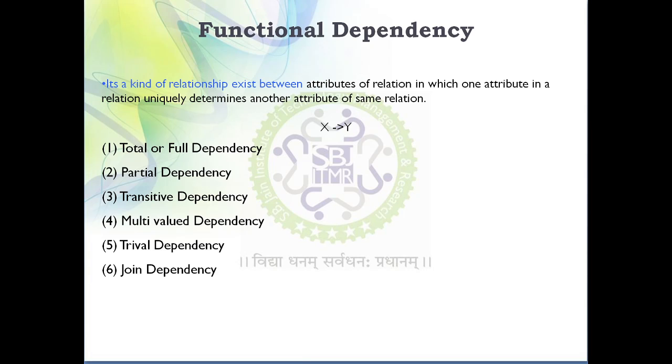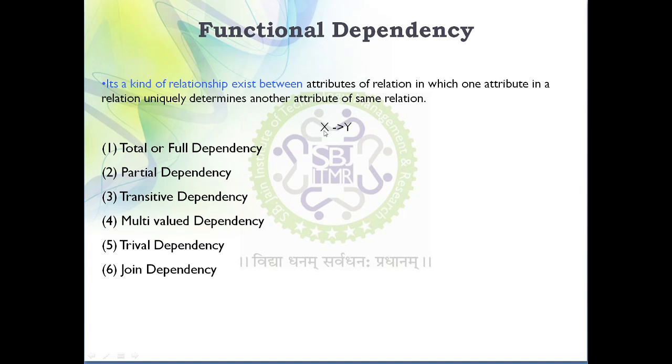For example, I have created one table, student. In that case roll number is there, name is there, branch and address is there. Suppose I know the roll number of the student, I can easily find the value of name. So I can say that roll number determines the value of name. Here it is represented by X determines Y. Functional dependency is always represented with an arrow symbol between attributes. So X determines Y. In this case X is my roll number and Y is my name.